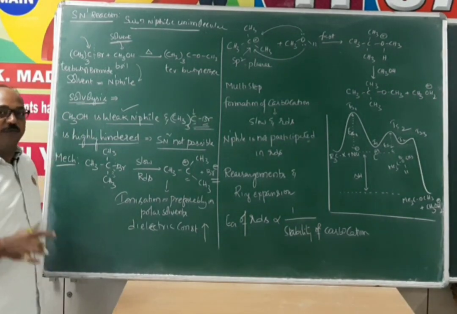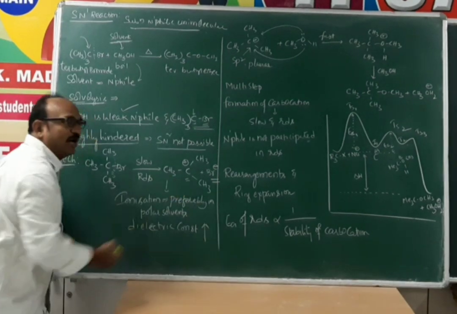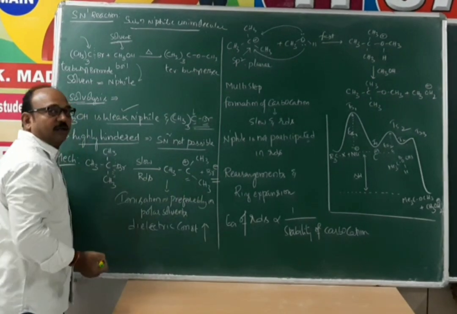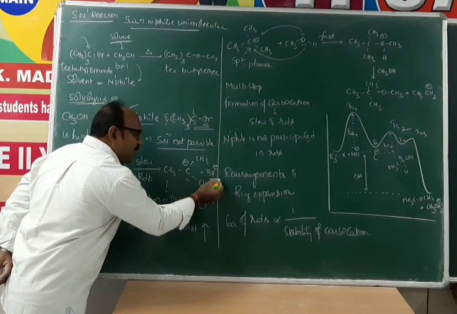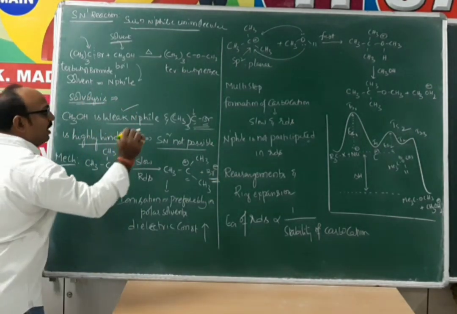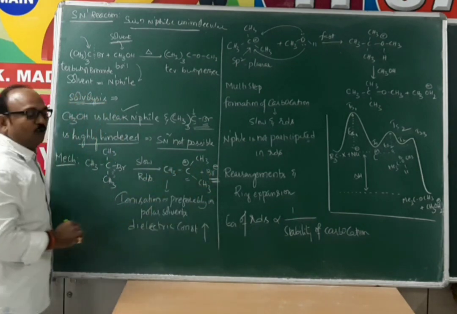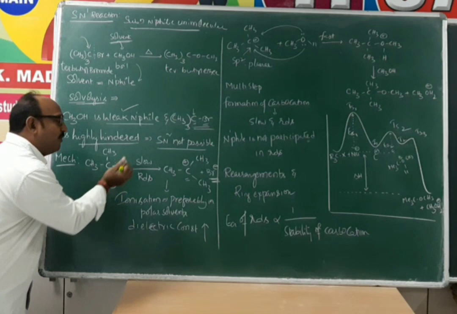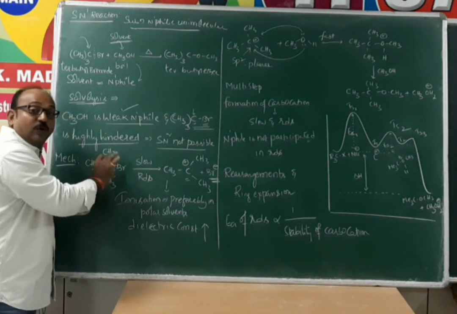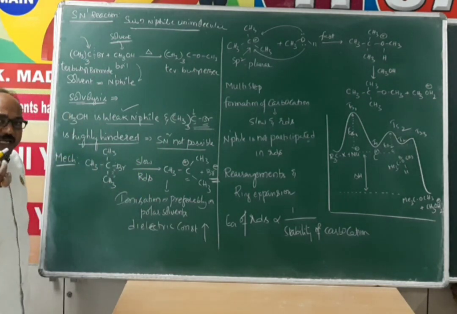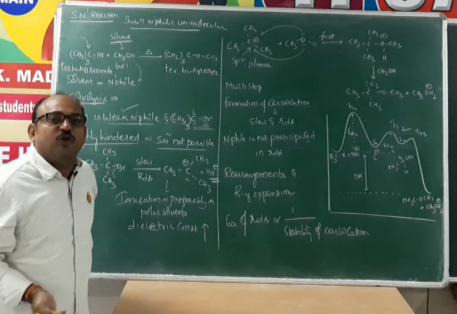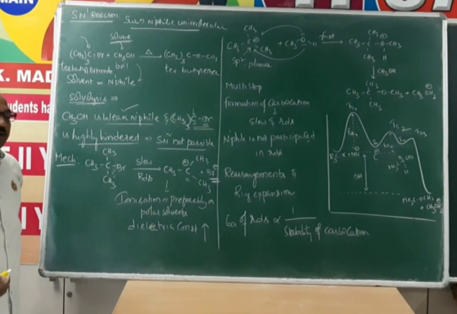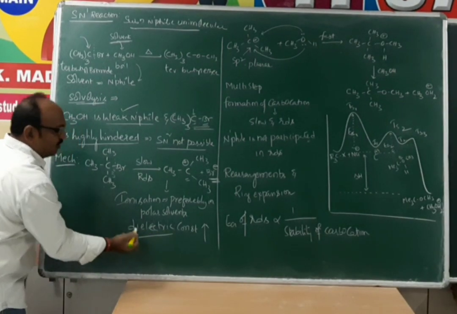So the initial step, the first step, is formation of carbocation. For formation of carbocation, the leaving group has to depart completely, and for departing that leaving group, the carbon-halogen bond has to break. For that the solvent is going to help. So the tendency or the ability to break the bond, to polarize, that is what we call dielectric constant.